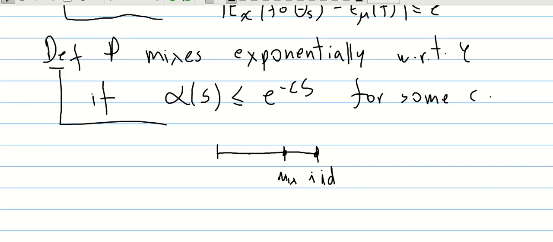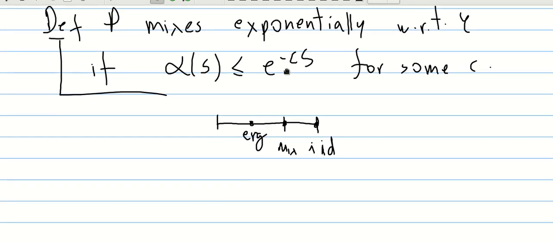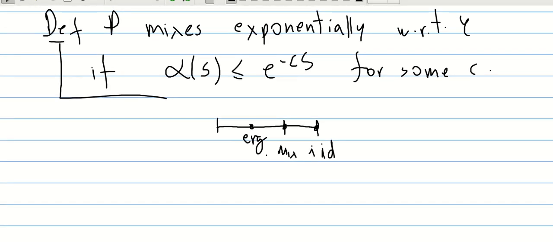And what I'm going to say now is that ergodicity is somewhere here. It's also some way to characterize probabilities on product spaces with respect to the shift, but it's a weaker notion because of the following result. So, theorem,